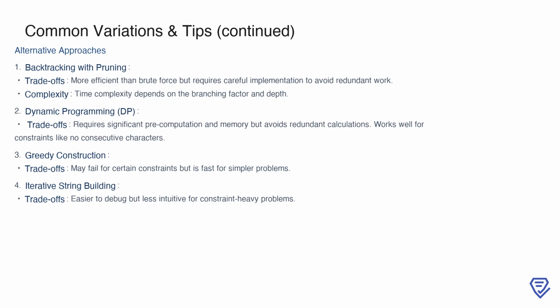Backtracking with pruning is a more efficient method than brute force, as it avoids redundant work, but it requires careful implementation to ensure correctness. The time complexity here depends on factors like the branching factor and recursion depth. Dynamic programming is another option. While it demands significant pre-computation and memory, it eliminates redundant calculations and is particularly well-suited for problems with constraints like avoiding consecutive characters. Greedy construction is a faster approach for simpler problems, although it may fail to handle more complex